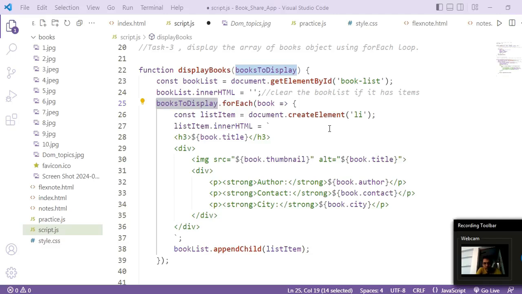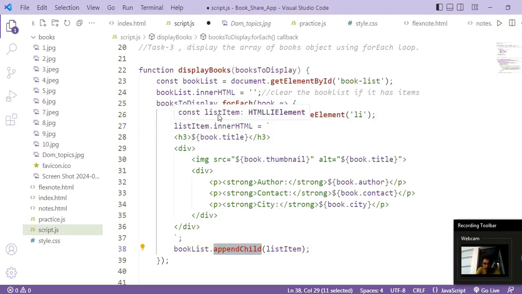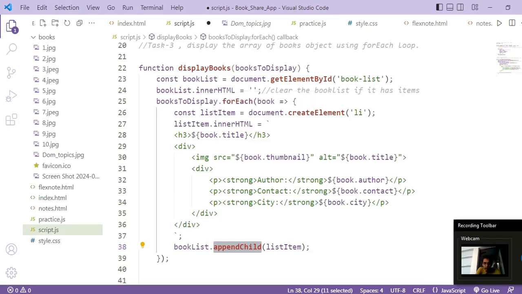सो DOM मेथड क्या होते हैं? मेथड्स विच आर प्रोवाइडेड बाय द DOM API टू इंटरेक्ट विद दी DOM एलिमेंट्स. एलिमेंट्स यहाँ पे DOM एलिमेंट li है. DOM मेथड क्या है? createElement. ओके, appendChild, ये भी आपका DOM मेथड्स है. सो विद द हेल्प ऑफ DOM मेथड्स वी क्रिएट एलिमेंट li विच इज़ ए लिस्ट. ओके, और उसे हम लोगों ने एक वेरिएबल listItem में असाइन किया.